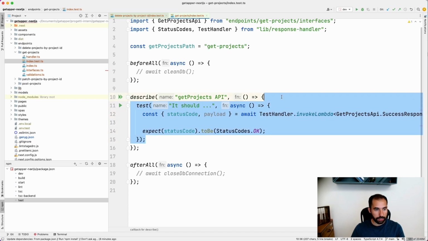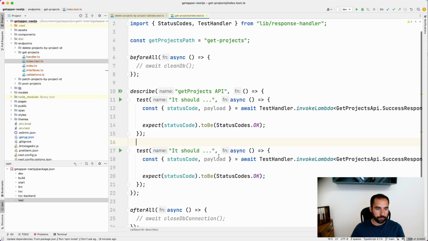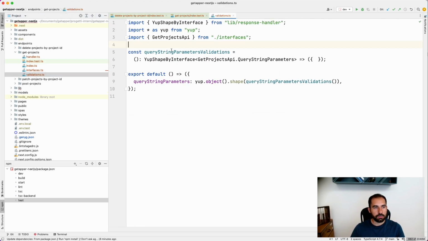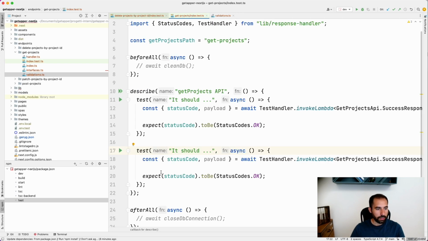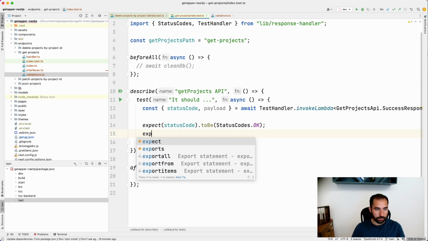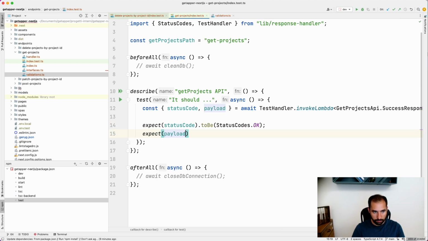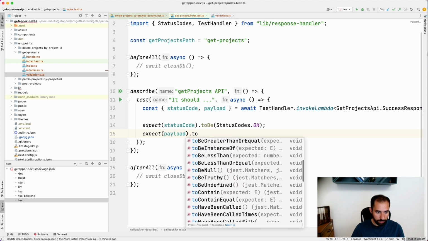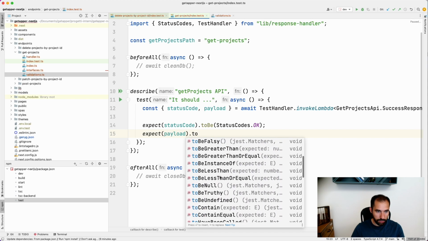So let's make an example like this. Okay, actually for the get, we don't have really any validations yet. So it is a little bit hard to trigger an error because there is not a lot to test. So for the get, we will just leave this code and wait for a result. We can also expect our payload to be, and here we have all the suggestions, as you can see,